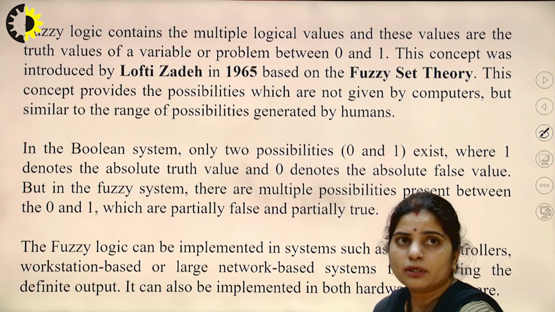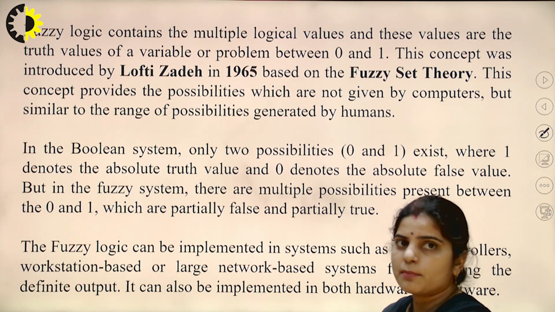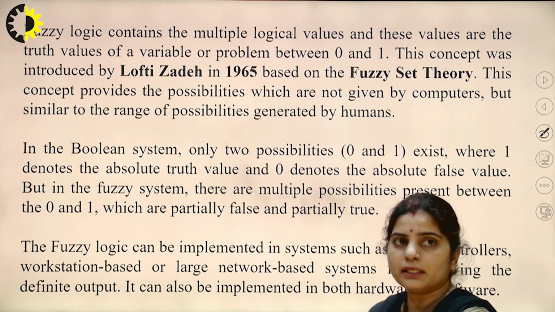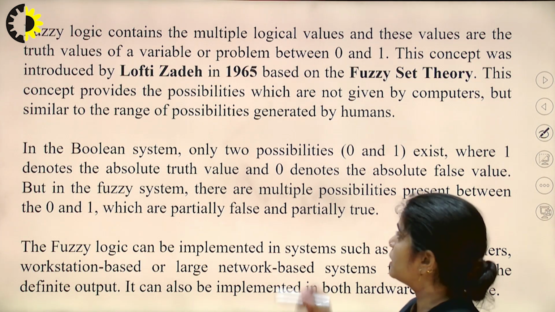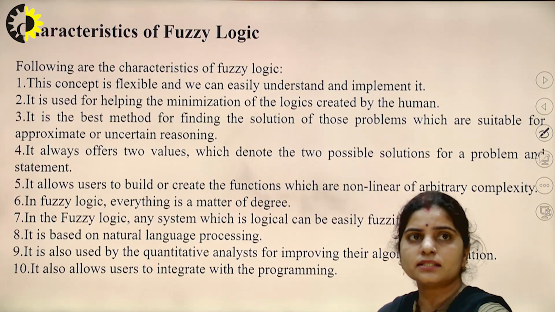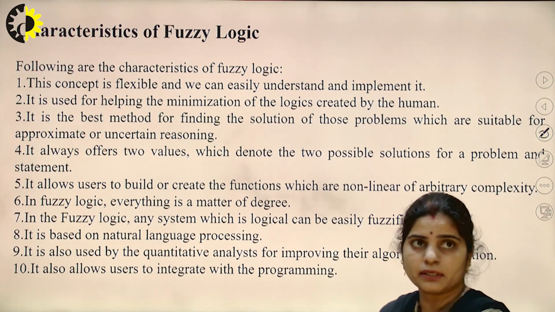These things I had already discussed: the concept was introduced by Lotfi Zadeh in 1965, and the Boolean system has only two possibilities, 0 or 1, or true or false. But within the fuzzy system, there are multiple possibilities. And the characteristics of fuzzy logic are: the concept is flexible